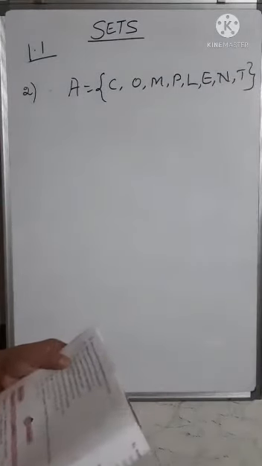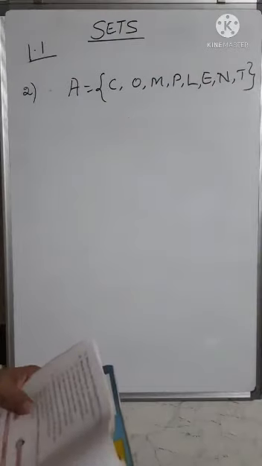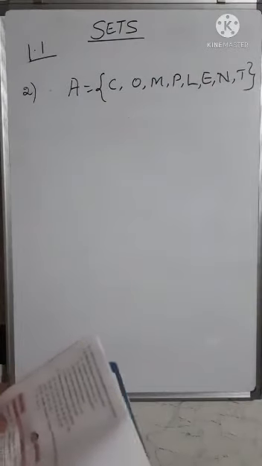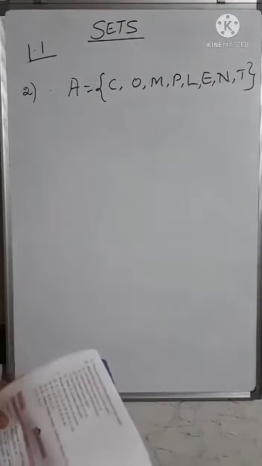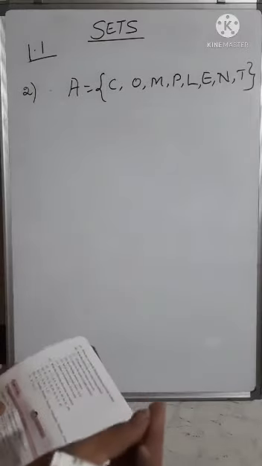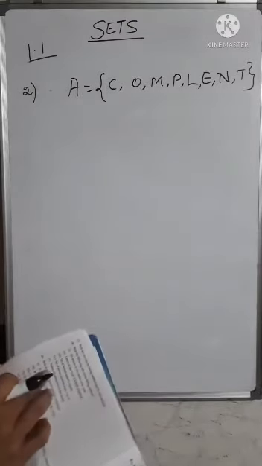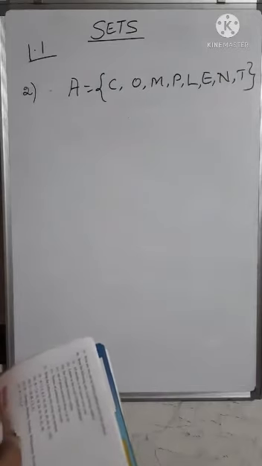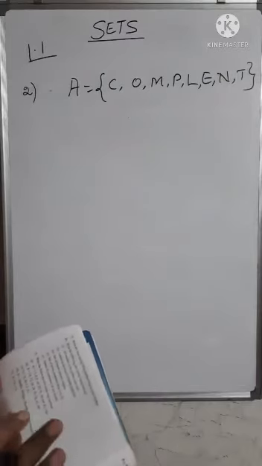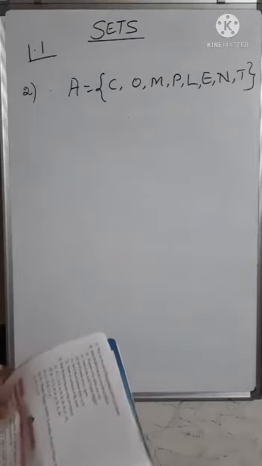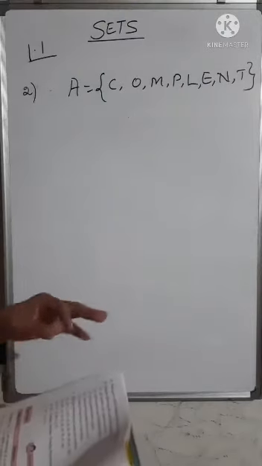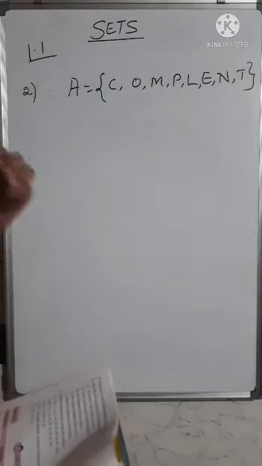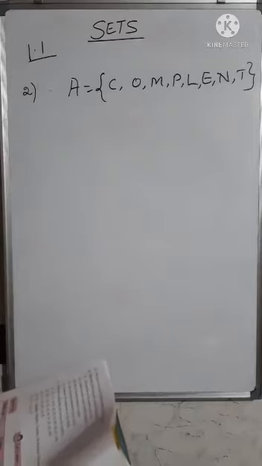Third one, they have told set of human sensory organs. You have got 5 senses, you have to write sensory organs. So all the 5 senses, ears, nose, tongue, all this you have to write it down. Then set of prime numbers from 1 to 20. So what all are the prime numbers from 1 to 20, that you have to write it down. Then you have to write the names of the continents of the world. So like that you have to write each and everything. You have to list the elements of the set.